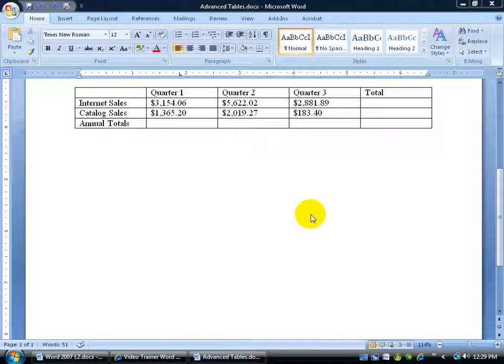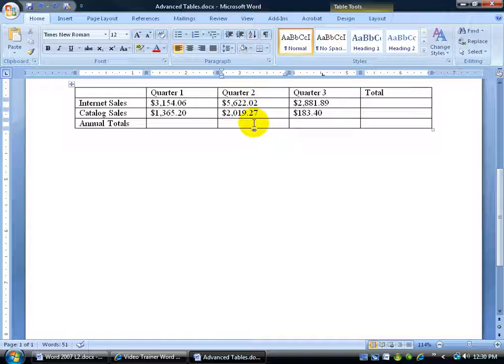Microsoft Word is okay if you want to insert a table here and actually add up a few of the cells, but if you have something a little bit more complex than that when it comes to functions and formulas, don't do it within Microsoft Word. Actually use Excel, it's more advanced. But for simple addition, for example, let's say I want to add up everything within column 2 within the